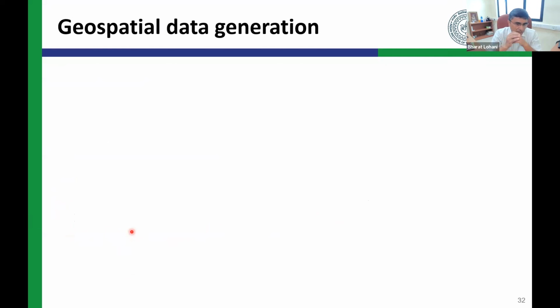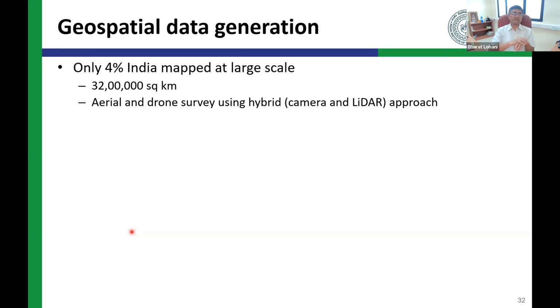If you are in this mindset, okay, yes, I have to do something, I want to start something. So just a few things from my side. First, on the data generation part. Data generation, as I said, in India, we have very good quality Survey of India maps, but they are at